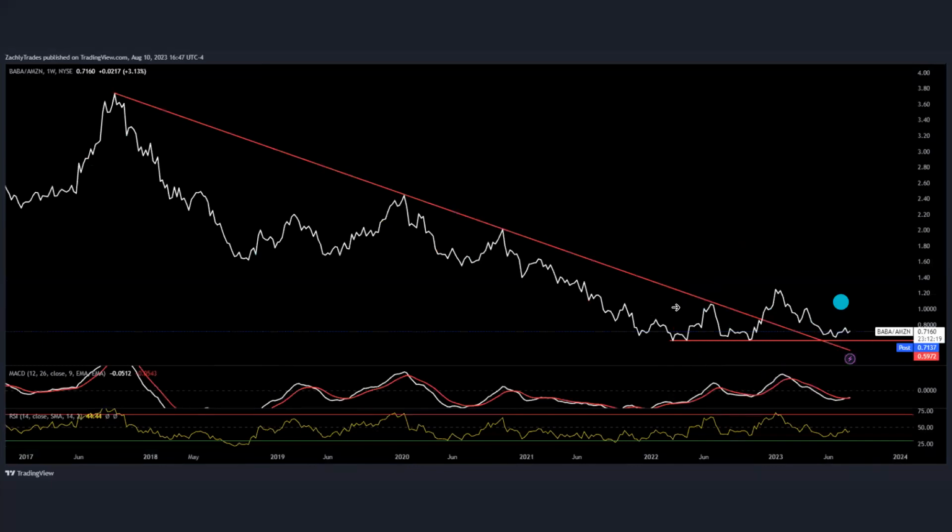Now, conditions have changed a lot, and it's always risky investing in China. The way their government and their economy works is much different from ours, so you do have to keep those into consideration. But what I see here, again, I'm looking at the weekly MACD right here, and it's trying to curl up